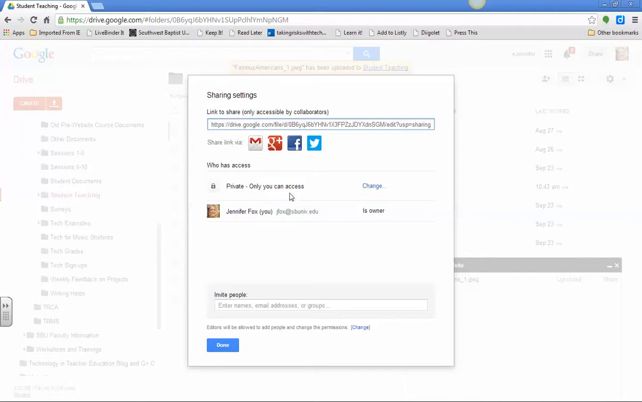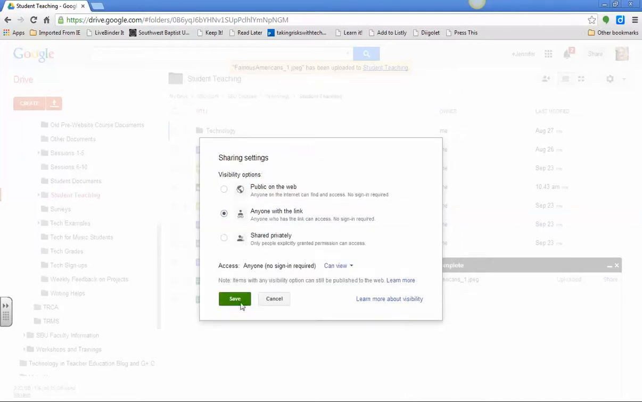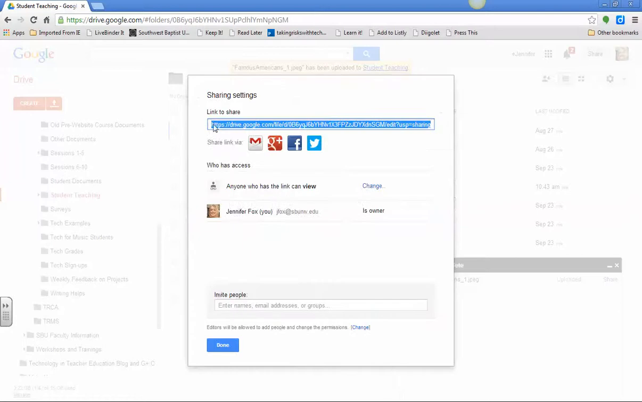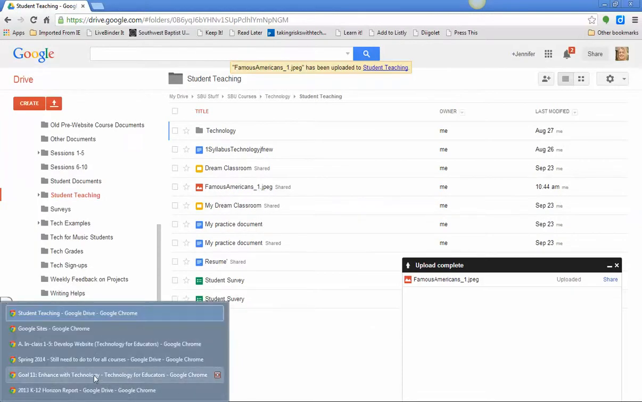So I don't want it to be private. I want to change that to anyone with a link, and then save. And now here is the link that you need to copy. So we're just going to do Control-C to copy that link. Done. And then you're going to go back over to your Goal 11 page